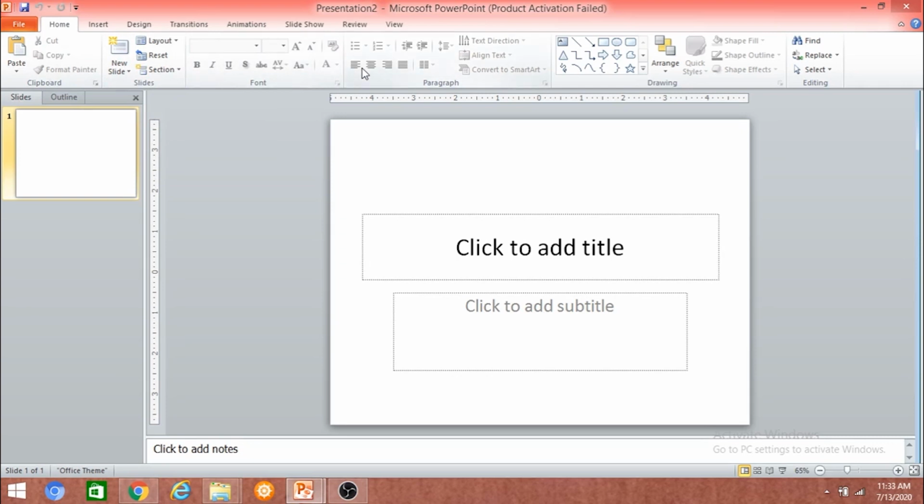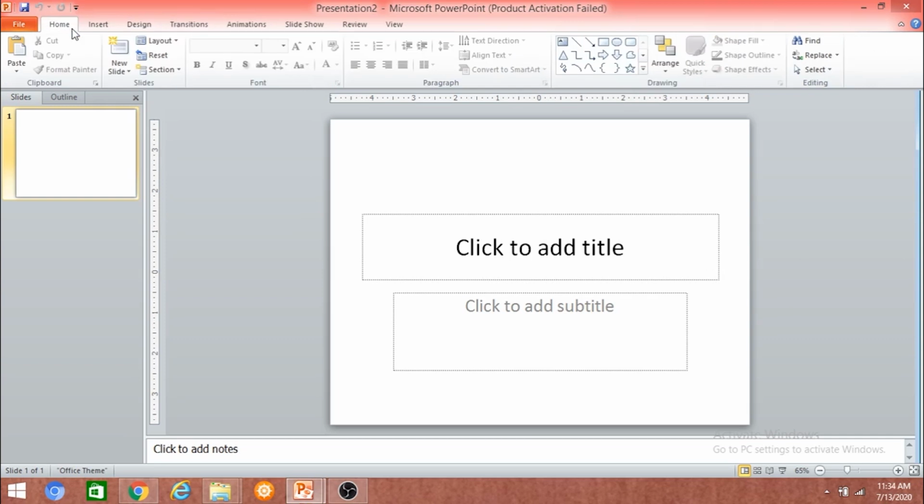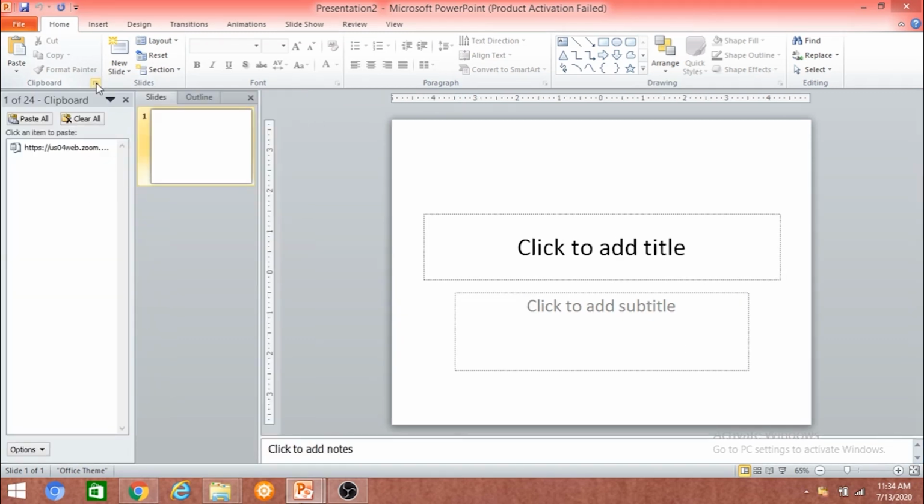Click on the Home tab and you will get a Home ribbon and you can get a whole lot of these tools. These tools are again grouped together according to the application. We have Clipboard group, Slides group, Font group, Paragraph group, Drawing group, etc. In the Transitions tab, we have Transition to This Slide, Timing group, etc. Some of these groups have a launch button. The options which cannot be fit into a particular group are arranged in the launch button. By clicking on the launch button, you will get additional options.